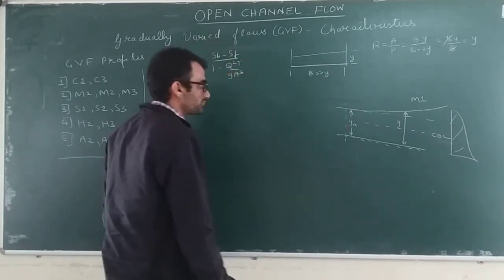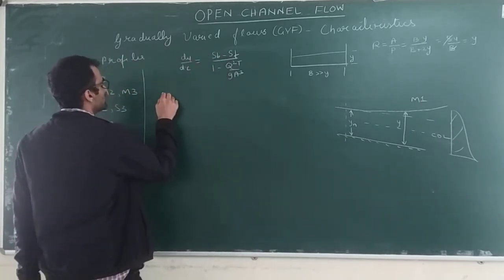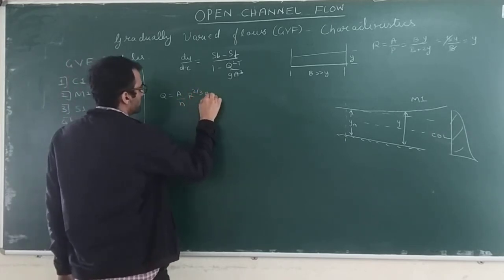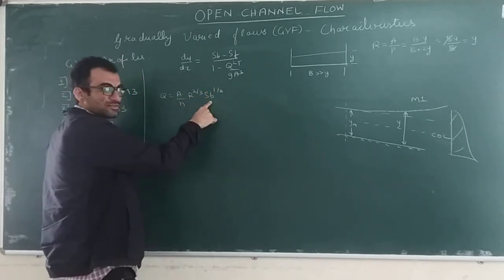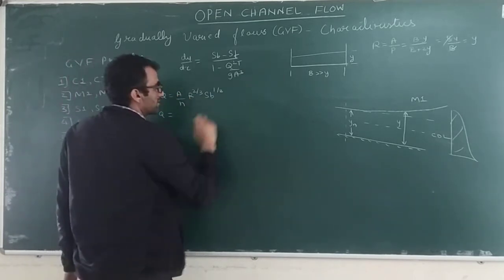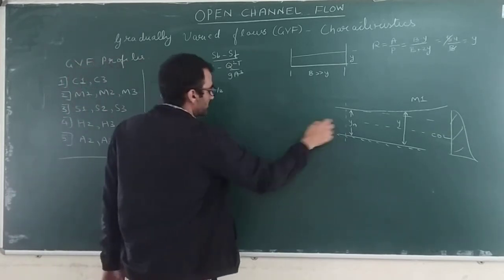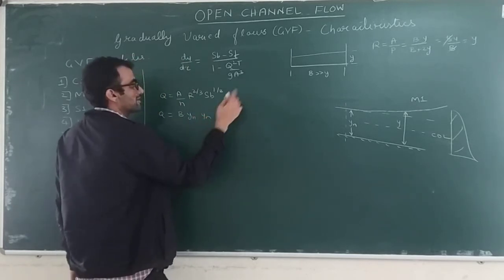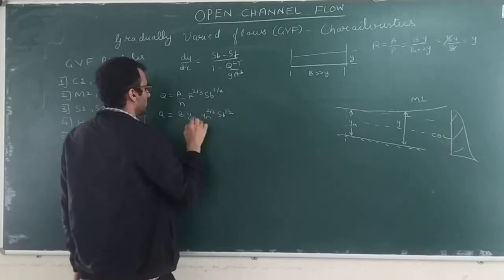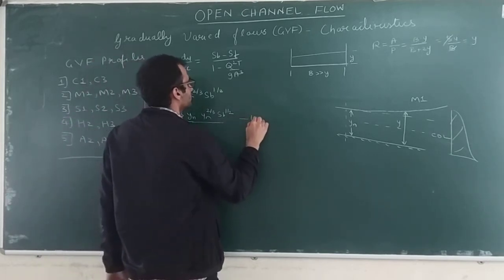section, what will happen? You can apply Manning's formula, fine. So apply Manning's formula here. That is Q equal to A by N R to the power 2 by 3 SB to the power half. Here you will use bed slope. Now, it is a wide rectangular channel, so you can write A as B into Yn, because depth is Yn. Again R is nothing but Y, the flow depth. So Q equals B Yn raised to 2 by 3 SB to the power half, upon N. This will be equation number 1.